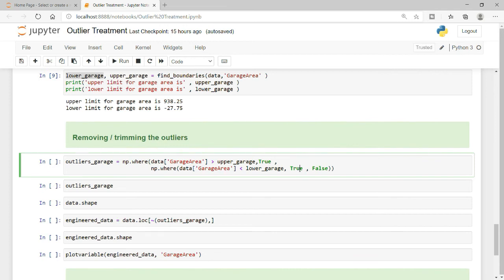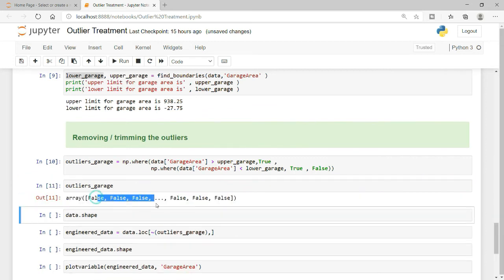So basically we are creating a true and false kind of scenario. Whatever is going beyond and below our upper and lower limits, we are simply storing true in place of that. And if neither of these two conditions is satisfied, meaning an observation is not above the upper limit and at the same time not lower than the lower limit, give it a false. Means that if a value is not higher than our upper limit and not lower than our lower limit, it will give me false, meaning it is not an outlier. Okay, do not get confused, very simple. Just take a look for a moment and you will be able to understand. So let me print what we have in outlier.